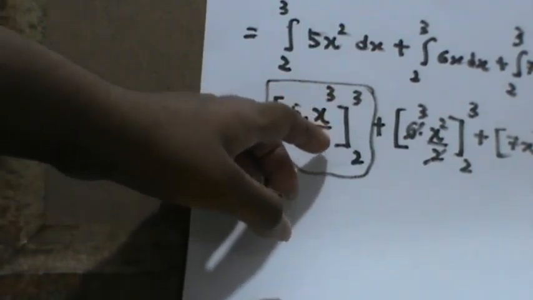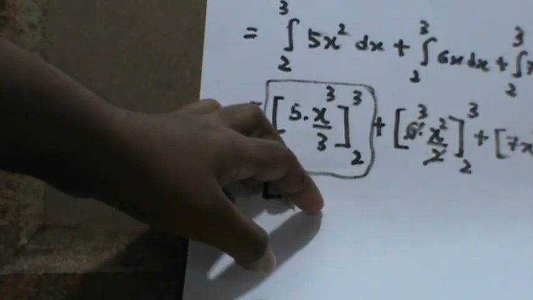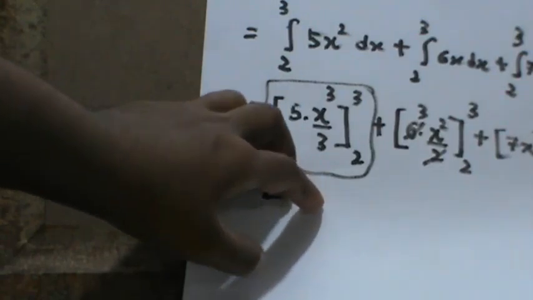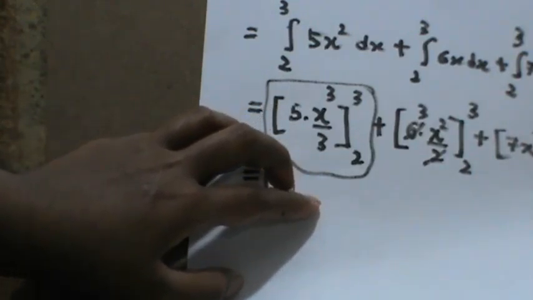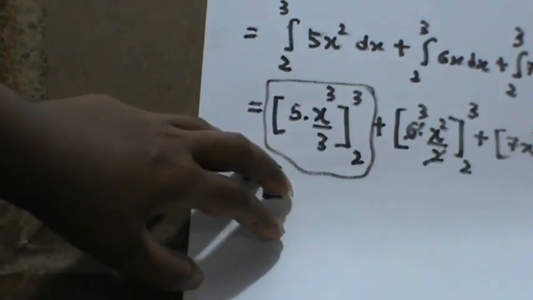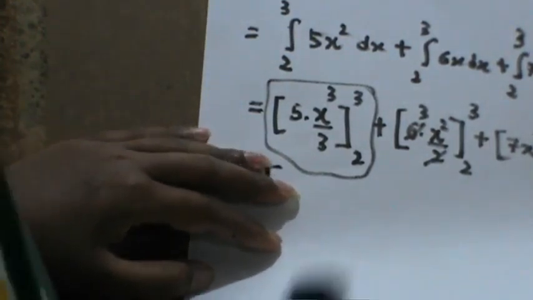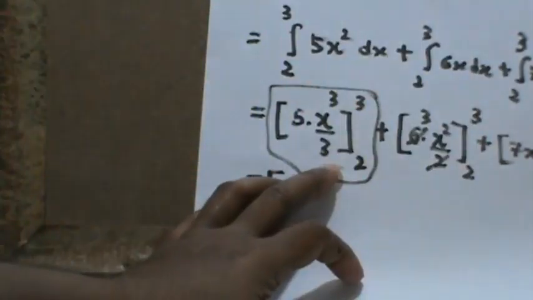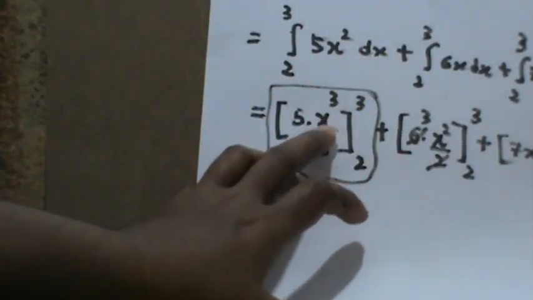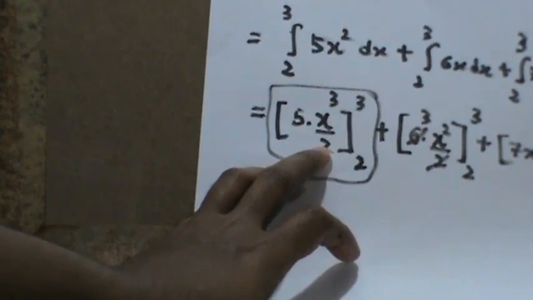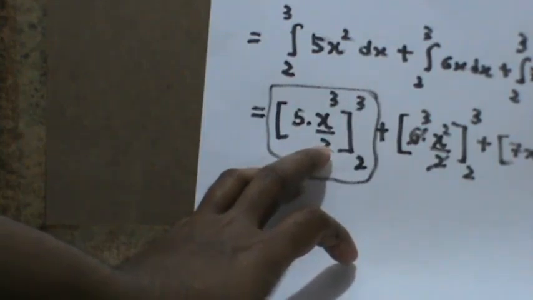It will be 3 cubed, which is 27. So 27 times 5 divided by 3: 27 by 3 is equal to 9, so that will be 9 times 5, which is 45,